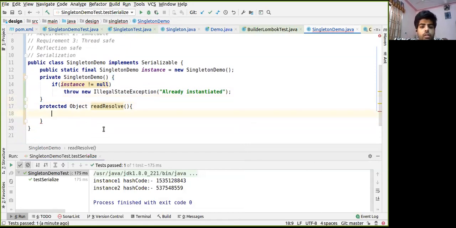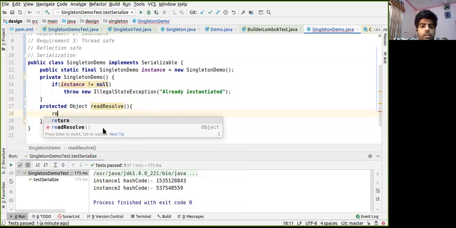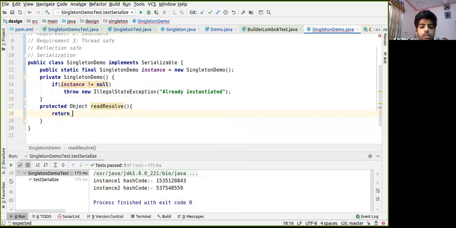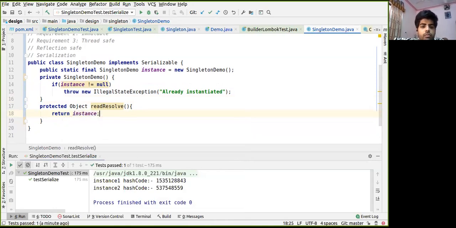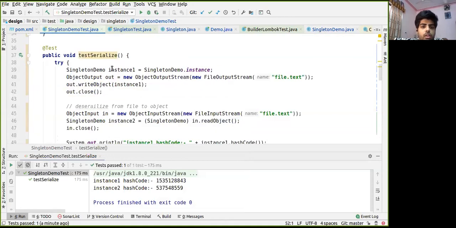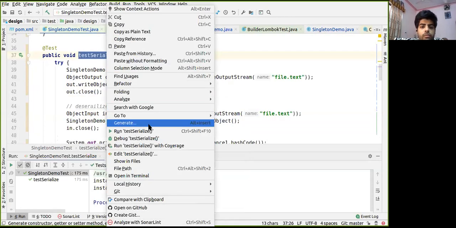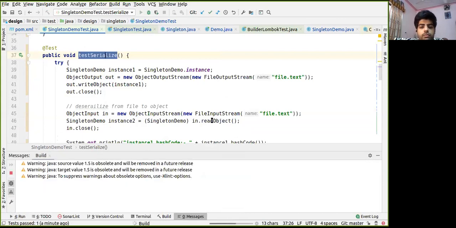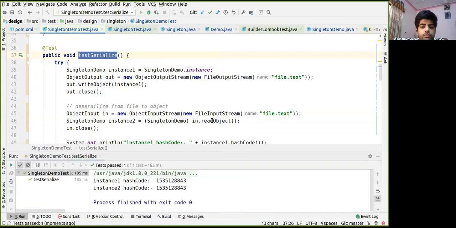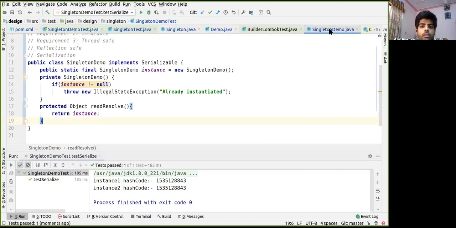Now we need to return something. If we return the same instance, then it will do. Okay, so let's see whether it works or not. Okay, so it prints the same object. All right, so we have made it reflection and serialization safe.